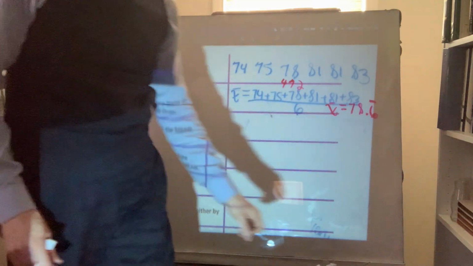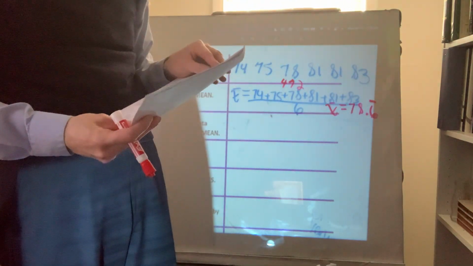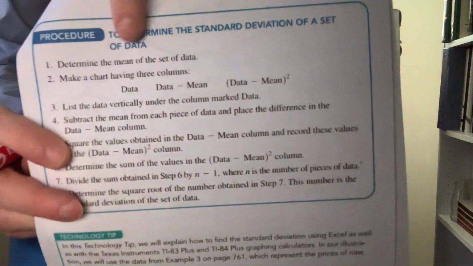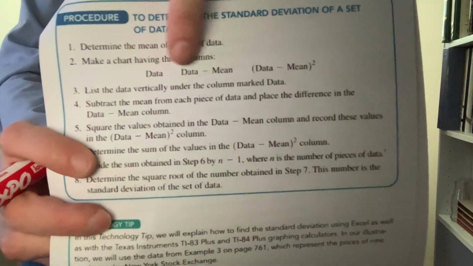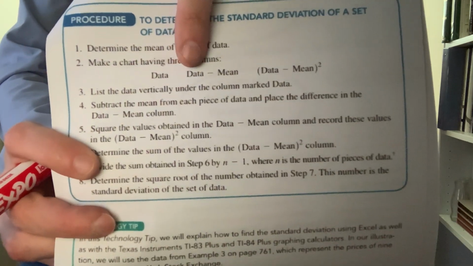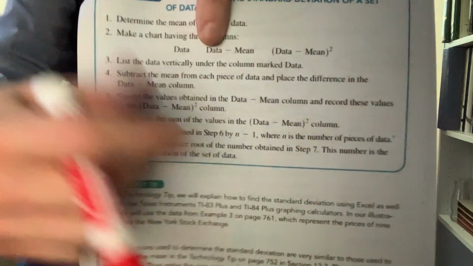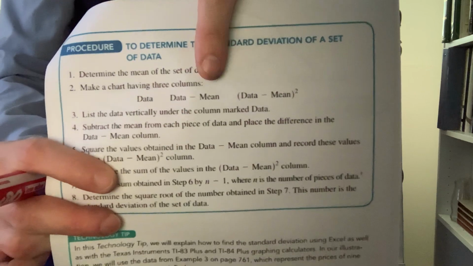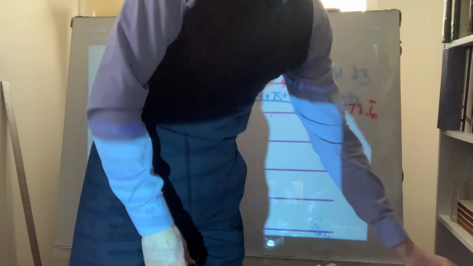Now, what the book had suggested, and I included this as a page, just to remind you, it's in the back here, is that if you're going to do this by hand, and I would do it just one time by hand to get your feet wet, you write 3 columns. You have the data listed in order, and then you have the data minus the mean. You do those individual calculations and you write them in that column. And then you square each of the outcomes here. But rather than do that now, I made you, as I mentioned, this